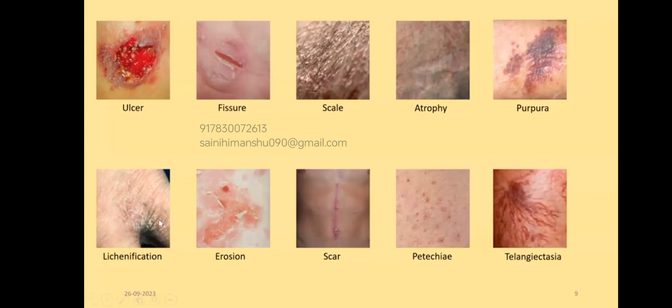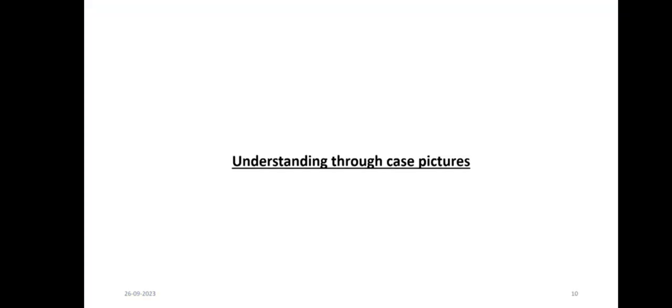You can see the skin thickening in between those fingers, the skin eroded in a chronic case of a skin disease with an infective or inflammatory pathology, a scar. You can see a surgical scar on the second row, third photo, the small bleeding spots in the form of petechial hemorrhages, or a case of telangiectasia. These are the few pictures. Now, in the next phase, I have included a few photographs of the clinical cases because of the time